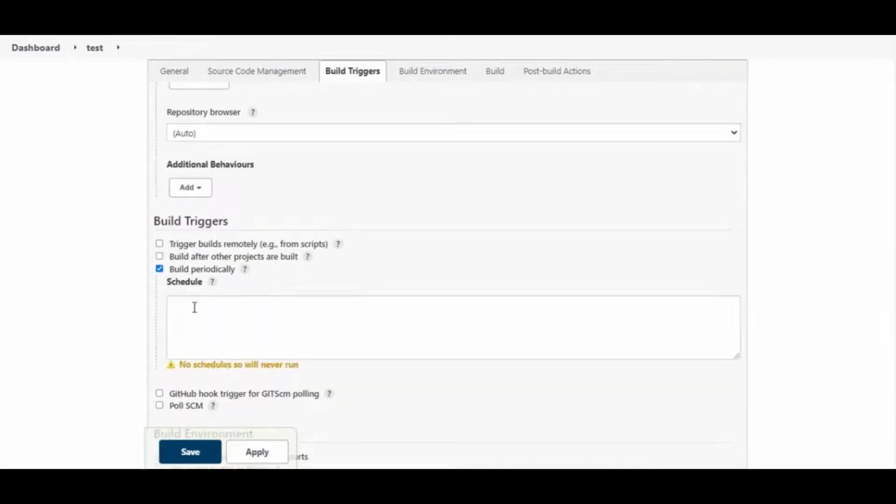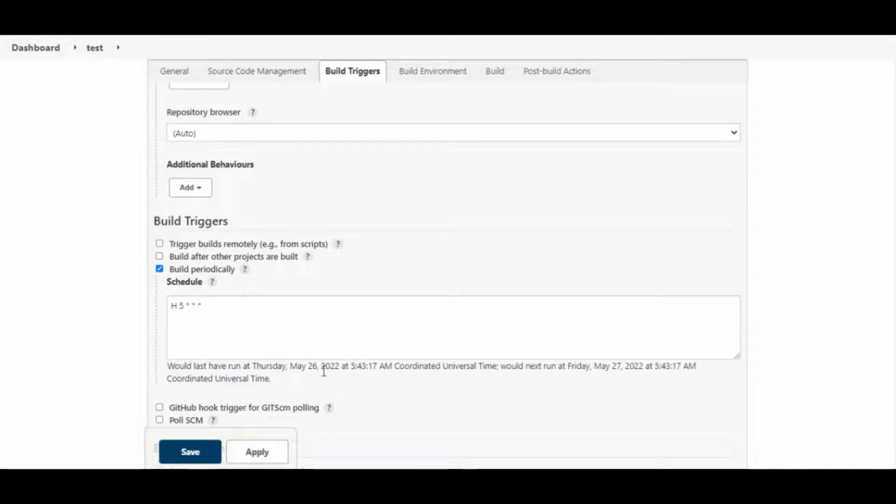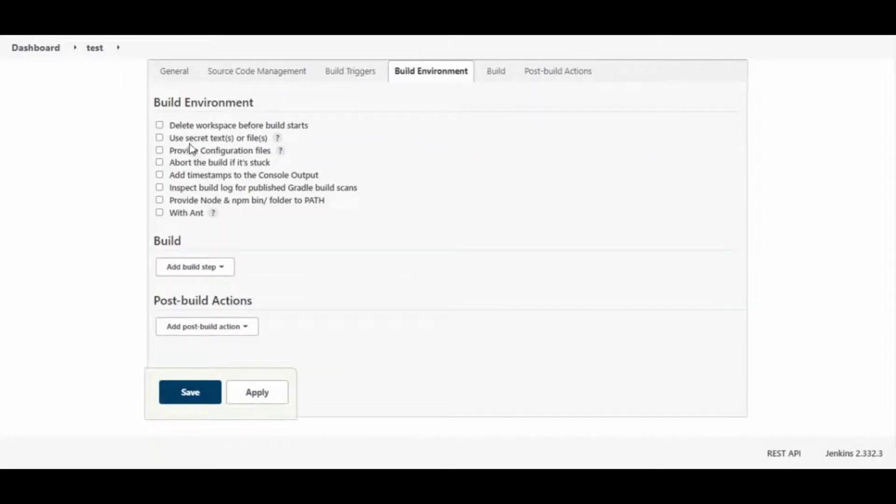Build periodically. We are going to do it every day at 5 AM. So that will run every day at 5. You can see Thursday, May 5:43, and then it will also do Friday 5:43 AM. So that's that. Come to the build environment, and we need to find